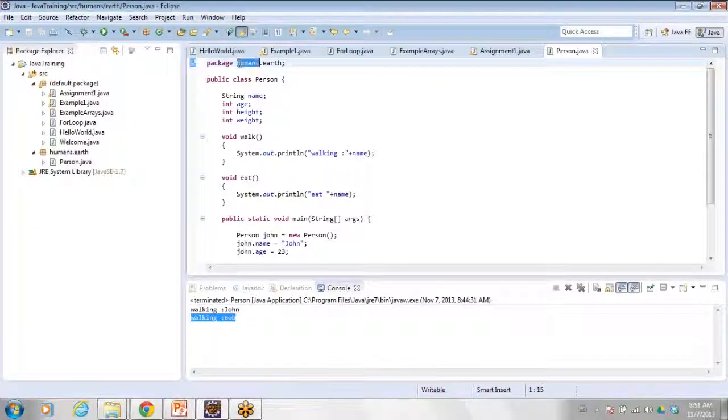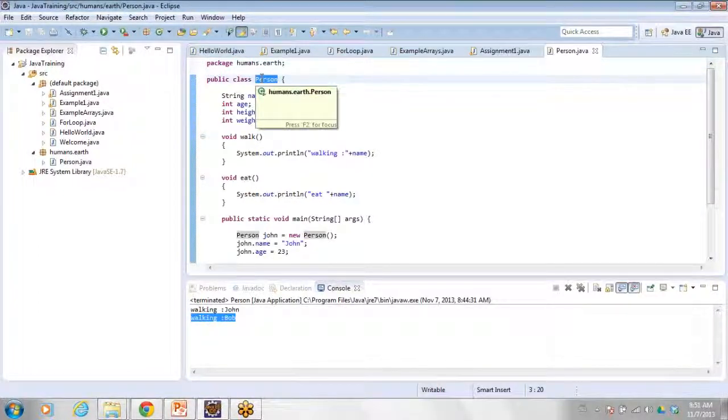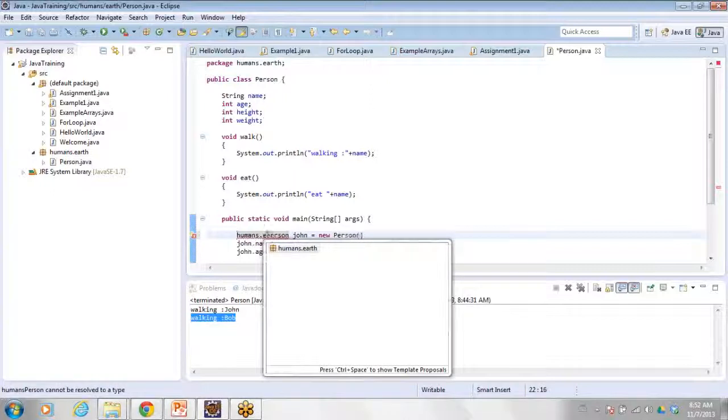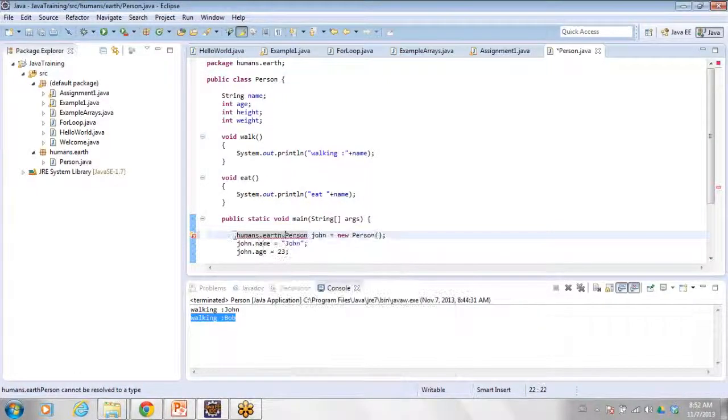So for each package, a folder will be created in the file system and the class will be placed inside that. So if you have to refer to this class, if you say person, there might be 100 person classes that exist, so the qualified name for this person class will be package name dot person. So humans dot earth dot person.